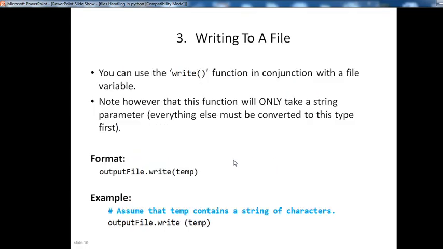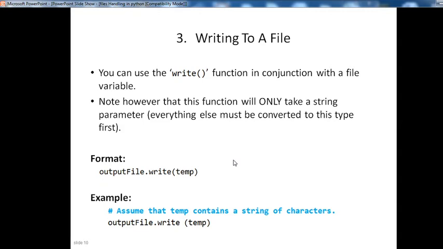Then writing to a file, that is two steps. You can use the write function in conjunction with a file variable. Note however that this function will only take string parameters, everything else must be converted to this type first.